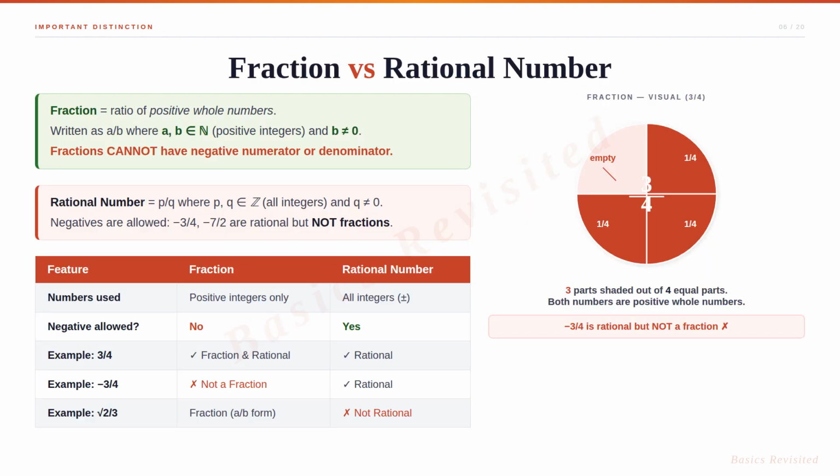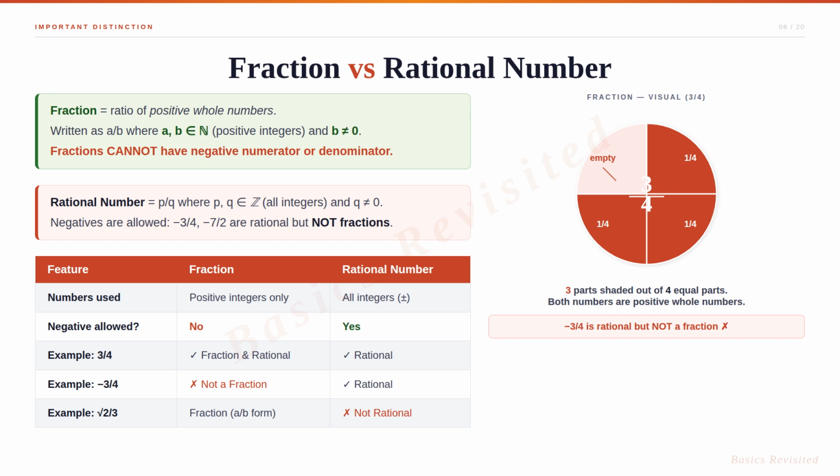Let us now understand the important difference between a fraction and a rational number. A fraction is the ratio of two positive whole numbers. It is written as a over b, where a and b are positive integers and b is not zero. Fractions cannot have a negative numerator or a negative denominator. For example, 3 over 4 is a fraction, but negative 3 over 4 is not a fraction, it is a